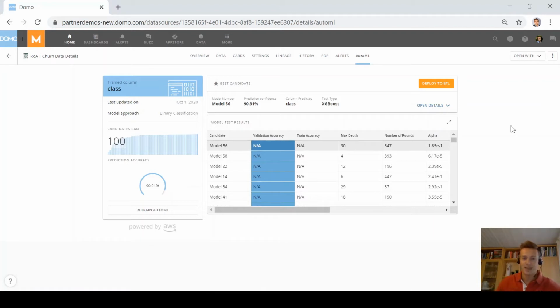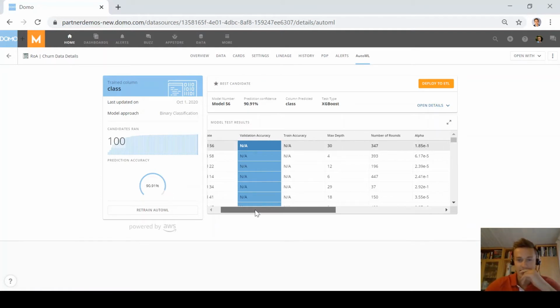Welcome back, guys. It's now almost 40 minutes later. That's the time it took to run all these models. Enough time to do a half an hour siesta and to prepare myself a good cup of Colombian coffee. And now we are back here. We can see that we have a best candidate selected with almost 91% prediction confidence. It used an XGBoost algorithm, and we can see also some more details here, how many rounds it ran and